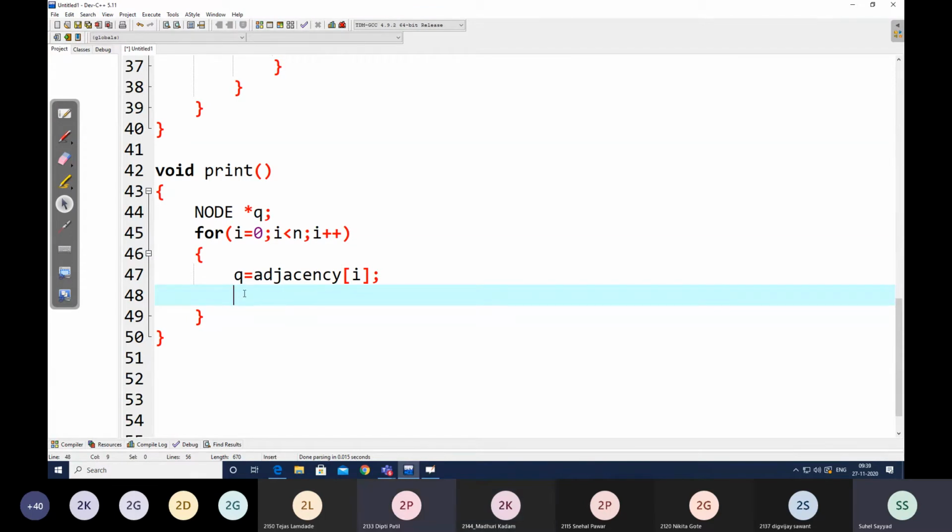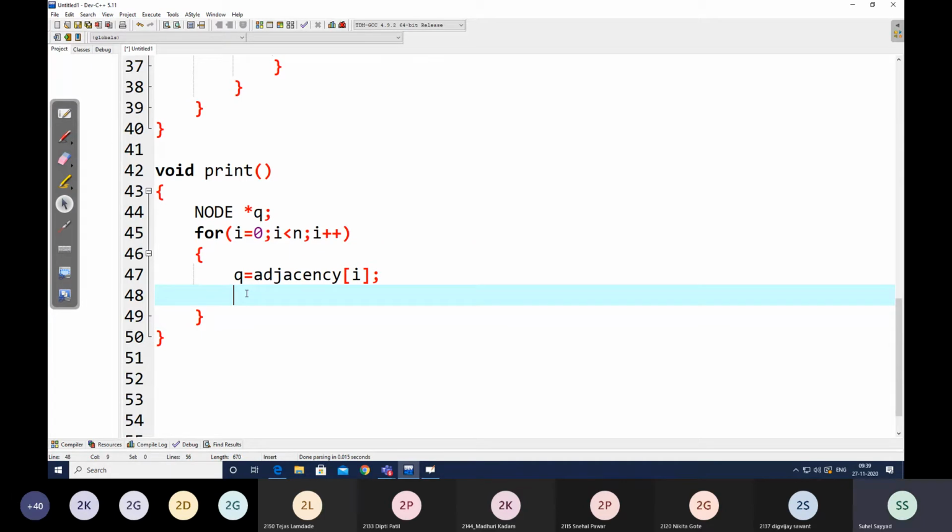Once we say that q is equal to start, after that what do we write in the traverse? You don't remember the traverse code? No one? Roll number 35. Is he present in the lecture? Roll number 35, what is the traverse code?